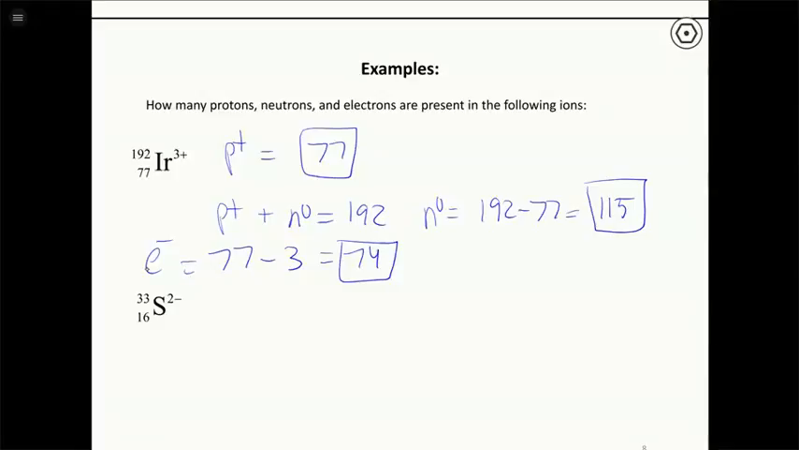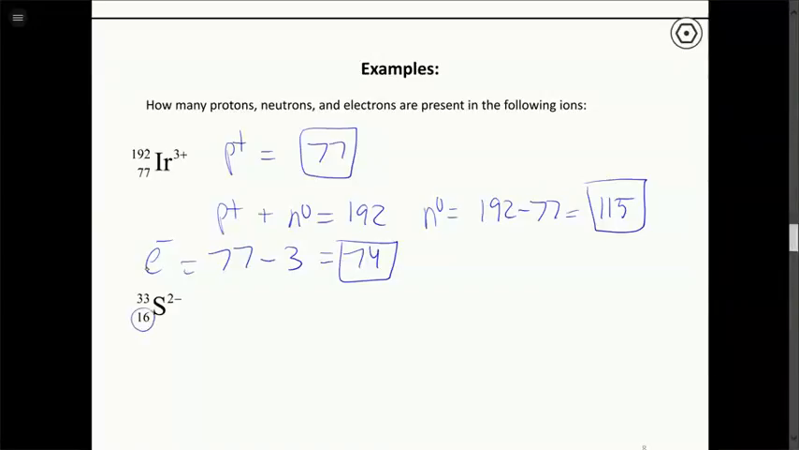Okay, so that's how it works for positive ions. We have to subtract out the charge to get the number of electrons that are present. And then for negative ions, it's very similar. We're going to add extra electrons this time. So if we have the sulfur 33 2 minus anion,